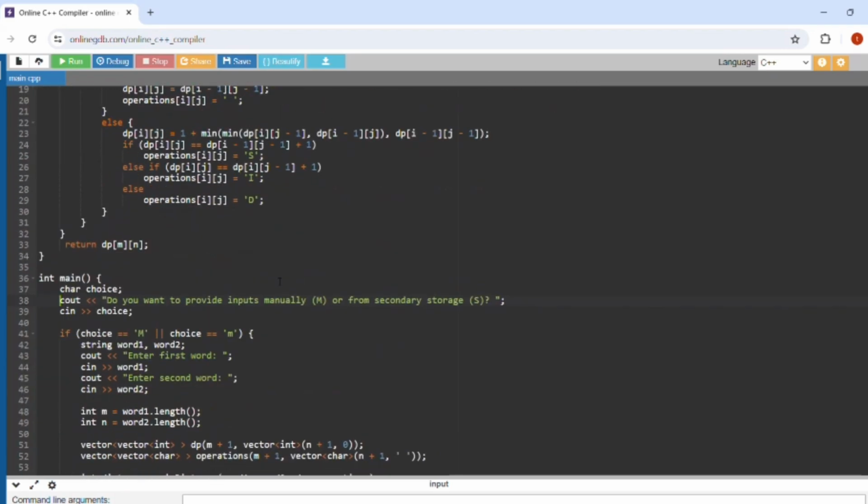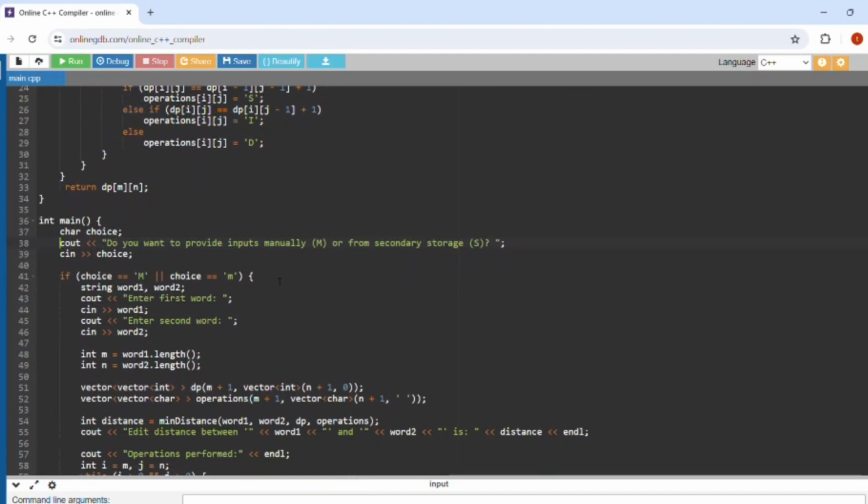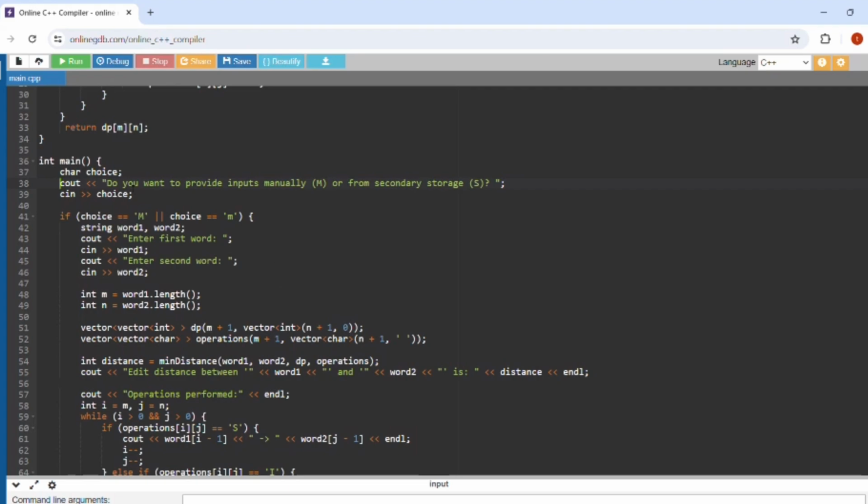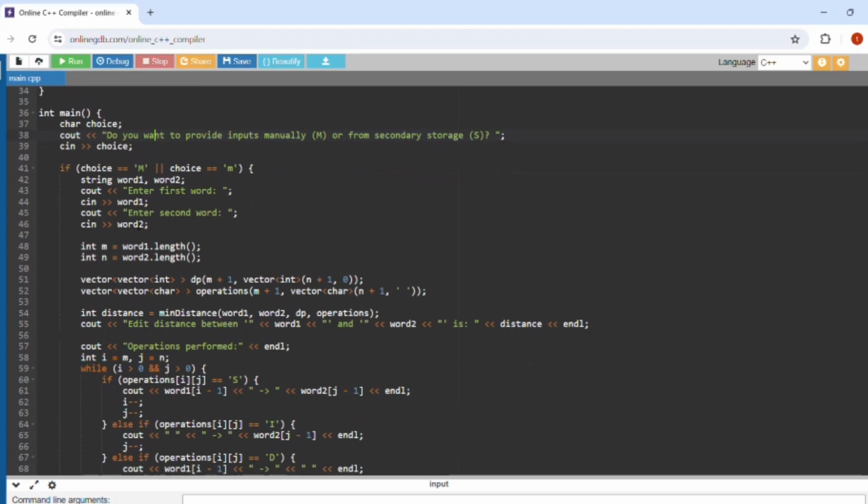And as you all know, the execution of any code starts from its main function. Let us look at its main function. Here I have chosen a variable called choice which is of character type, and I simply wanted to take input from the user, whether he wanted to give input or he wanted me to take input from the secondary storage, and I will store that value in choice. If the user enters M, then it simply represents that he wanted to give the input manually, and then I will ask the user to input his first word,